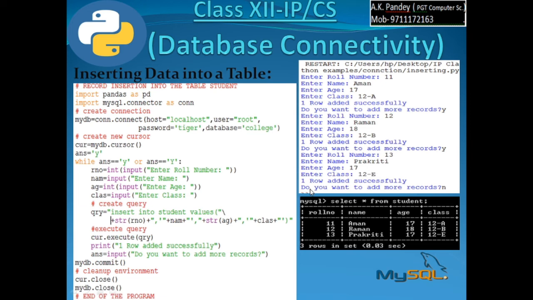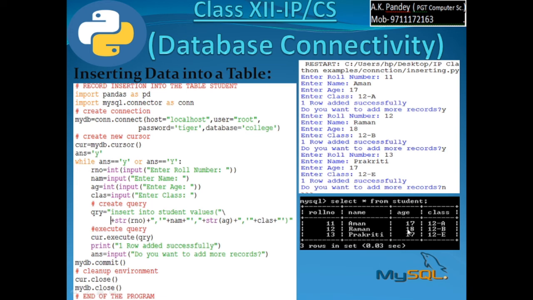And finally, do you want to add more records? As soon as you give n, that is anything other than y, small y or capital Y, the loop is terminated and mydb will commit the database, and thereafter it will clean up the environment and your program will end. You can verify this by writing select star from student.